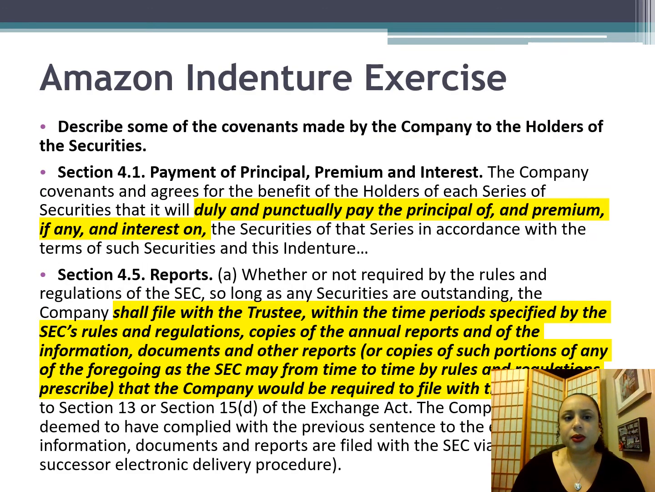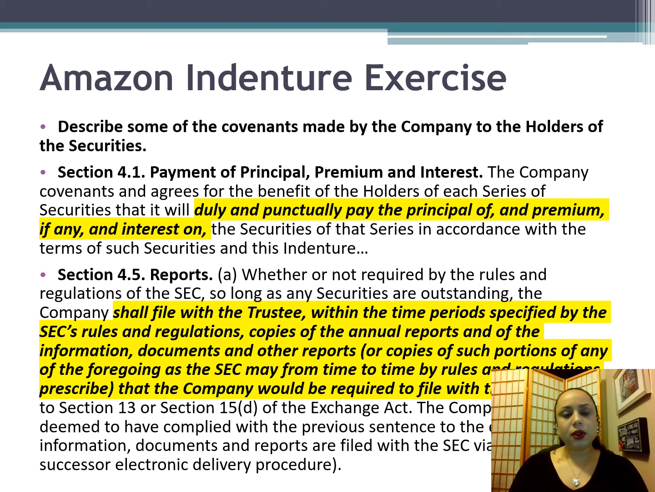Okay, so next question. Describe some of the covenants made by the company to the holders of the securities. I asked this question because here is where you see a description of the contours of the fiduciary duties that,